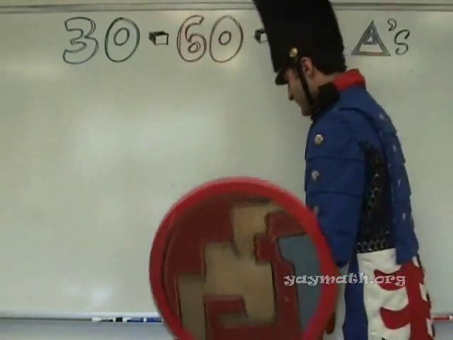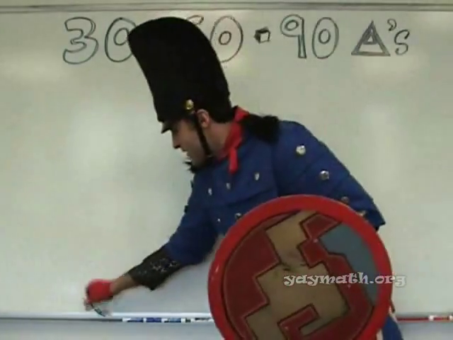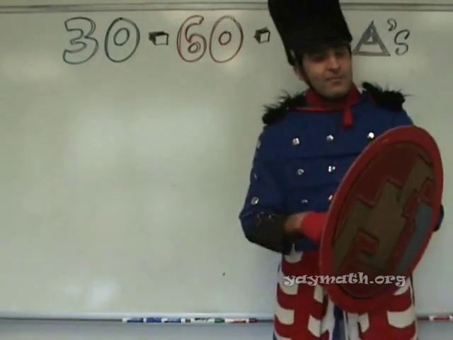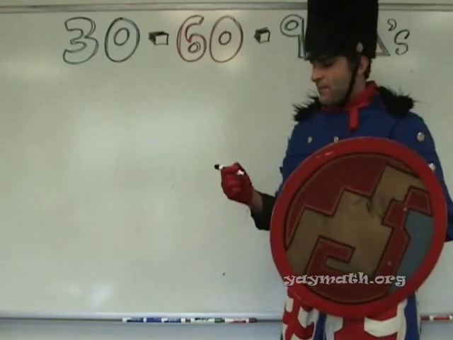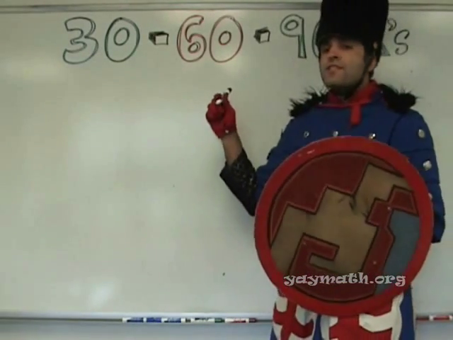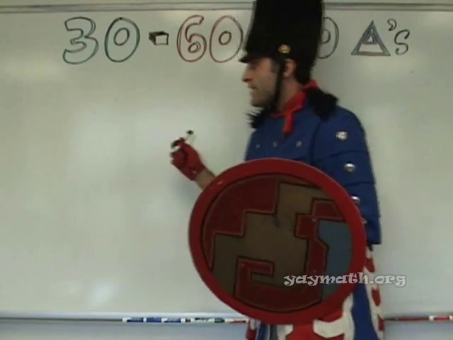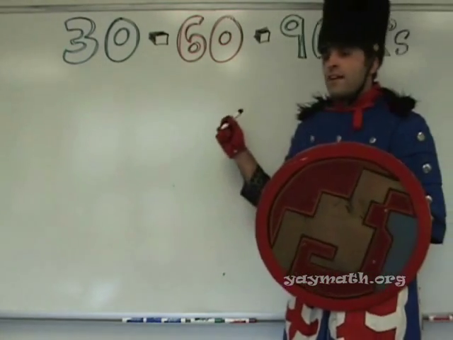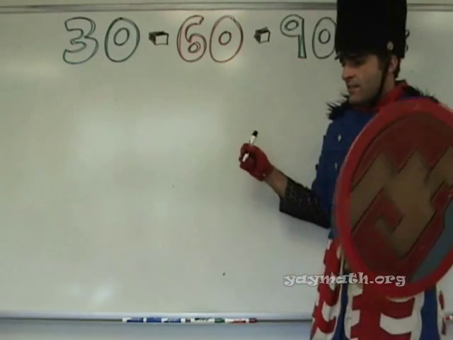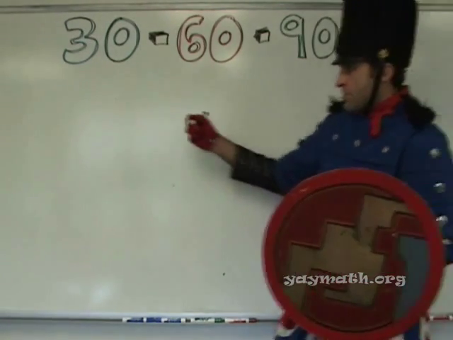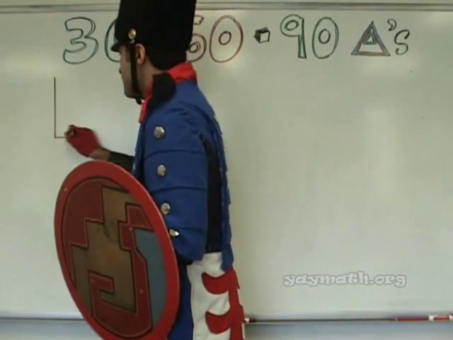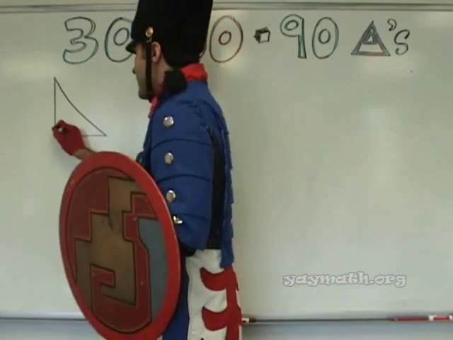Okay, time to do it. You ready? 30, 60, 90 triangles. Actually, I'm going to try holding the shield for a little. Okay, so the 30, 60, 90 triangle is the most prevalent triangle in the whole SAT, so we picked a good one to dress up in. All right, here's how it goes. On the beginning of the SAT,